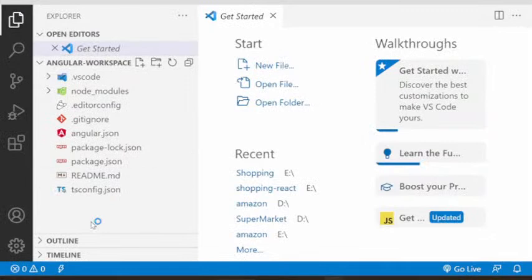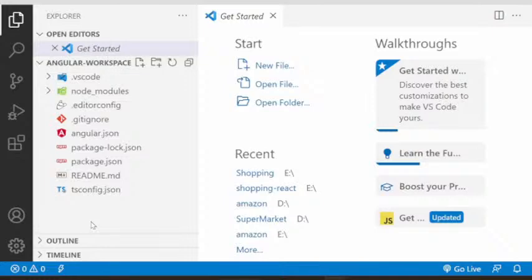We need to understand the purpose of these files and folders. Remember, there is still no project here. This is just a workspace for projects. In this workspace, you can add several projects.